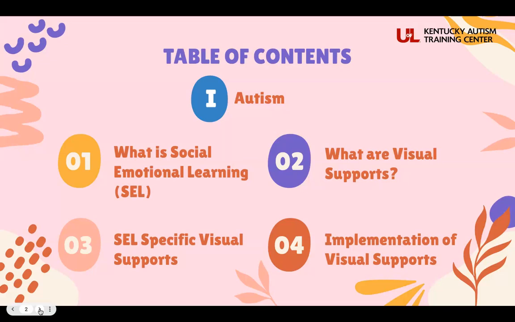After we talk a little bit about what autism is today in the year 2023, we will then talk about our topic for today. What is social emotional learning? Just to make sure, again, that we're all on the same page and understanding what exactly this term refers to. Then we'll talk about visual supports and why it's important to use visual supports. And then we'll start to narrow down to talking about SEL, social emotional learning specifics, visual supports, and then how